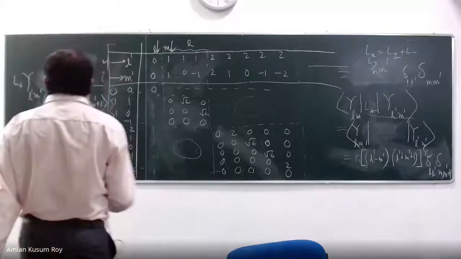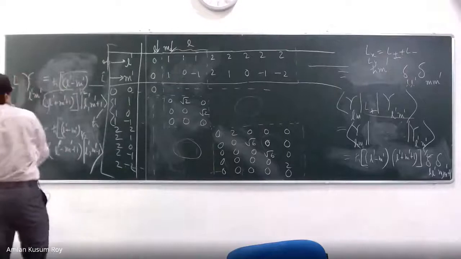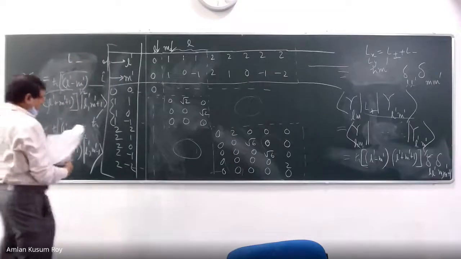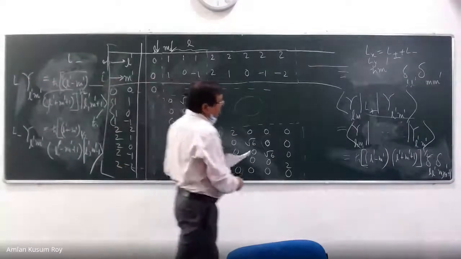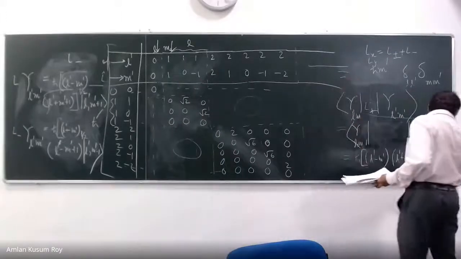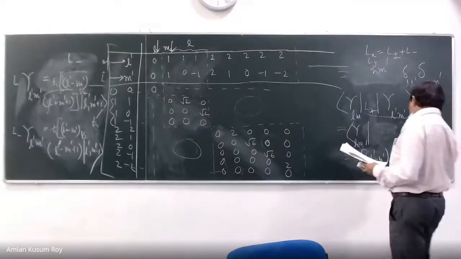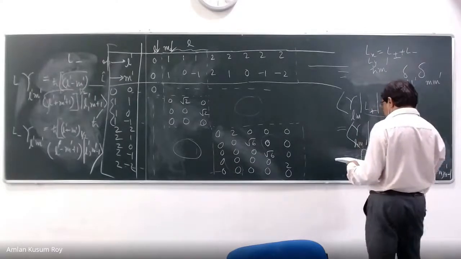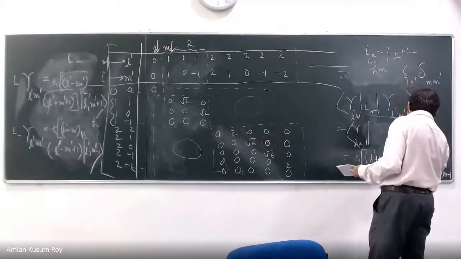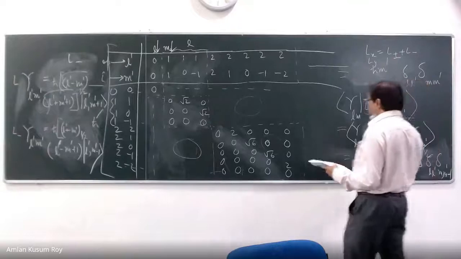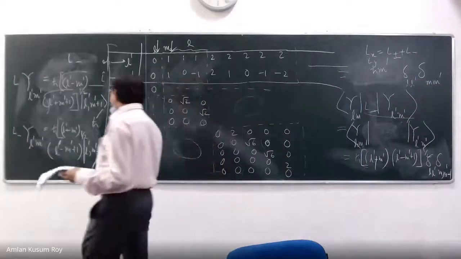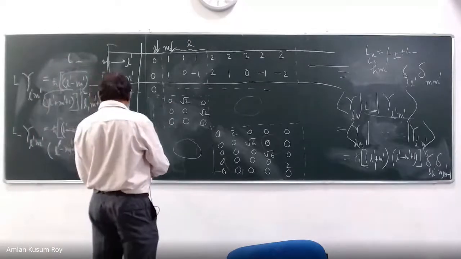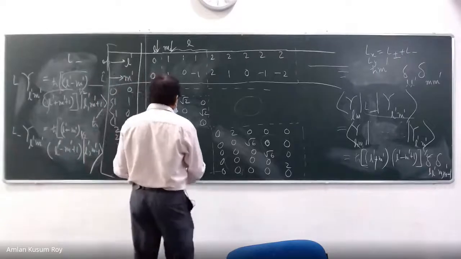Okay? So you can use this tool to write out what is going to happen for the L minus operator too. So L minus, I will just write it here. L minus will have everything all right, but here you will have M prime minus 1. And I think these guys should be plus. Okay, L minus, L plus, and this should be minus. That should be L minus. Right? So you can again write this. Maybe I can write it for you, L minus. L minus will be exactly opposite.